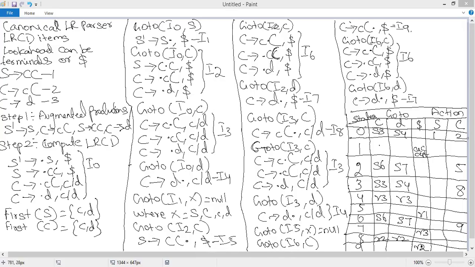So now go to of I2 comma terminal C. So C tends to terminal C dot non-terminal C comma dollar, as it is mentioned here. And after this dot non-terminal C is there. Again you can expand non-terminal C. Non-terminal C tends to dot terminal C non-terminal C comma dollar. How does the dollar come here? Because when you shift this dot one position to the right hand side, the dot will be present here. After this no symbol is there. So whatever symbol is present on the parent production as the look ahead symbol will be mentioned here. Then C tends to dot D comma